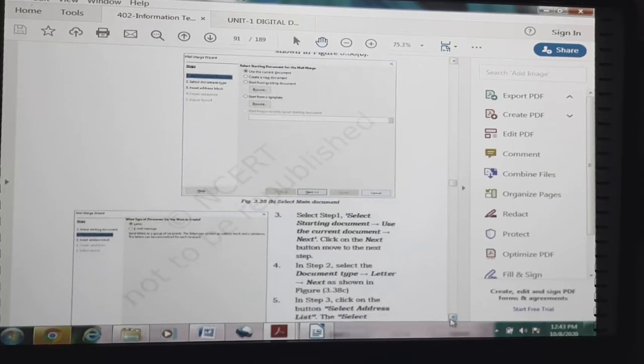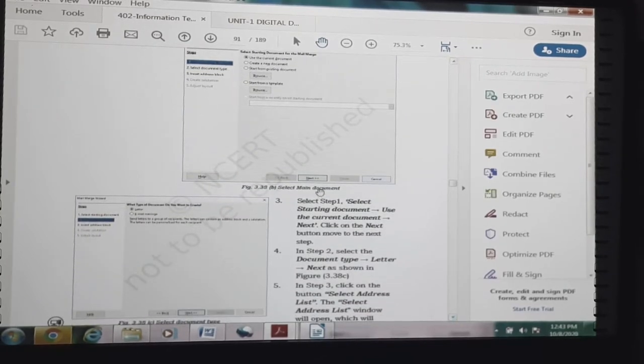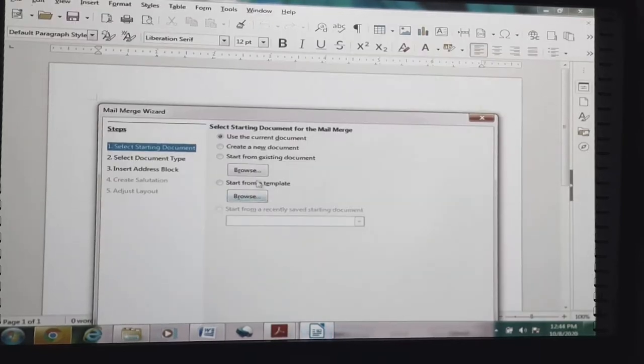Select step 1. This is step 1. Select starting document, use the current document. Okay, the first step is selecting the starting document. Go to use the current document, then click on the next button to move to the next step.